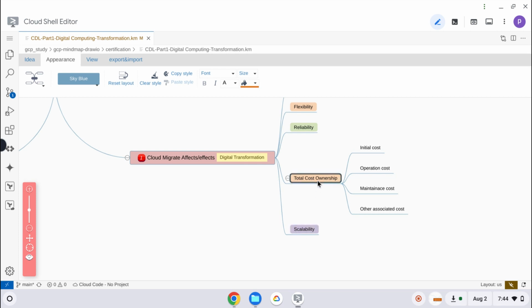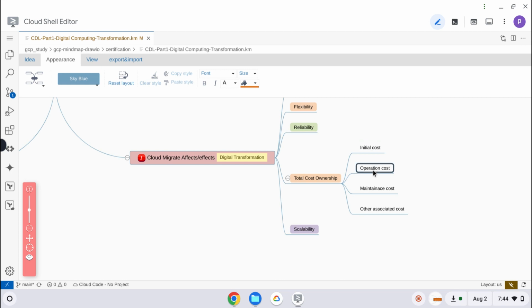Total cost of ownership. As a manager, as a product owner, this has to be clear. What things are involved in total cost of ownership, TCO? One is initial cost. Yes, obviously if it is cloud, the initial cost may not be that much, whereas on premise we may have to buy something, so obviously initial cost will be there.